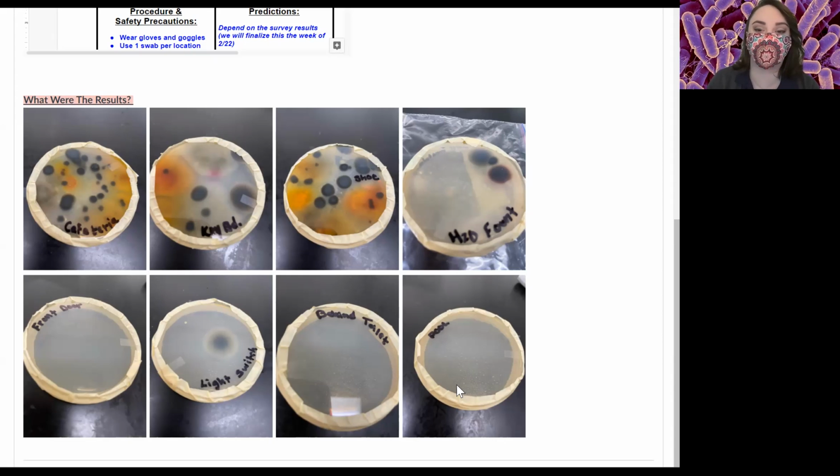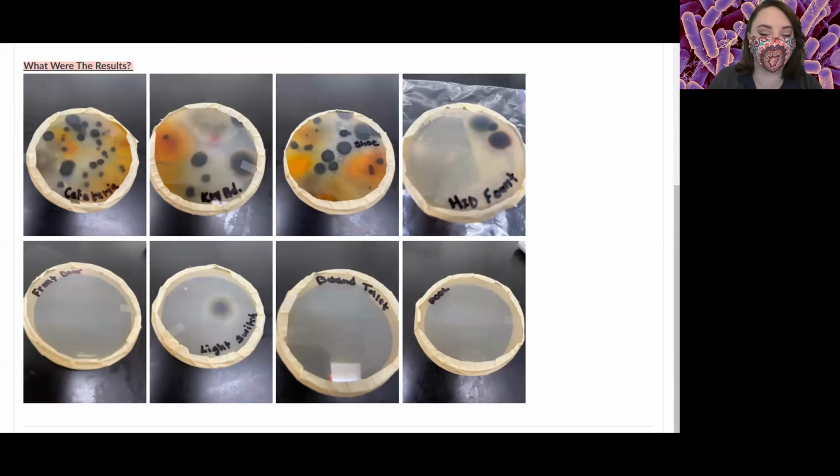For good or bad? Are any of these results, as we're looking at it, kind of shocking to some of you? They were to me. Behind the toilet, good, right? Look how pristine that Petri dish is. I could not believe that. I mean, I know that they have been very diligent about cleaning, but